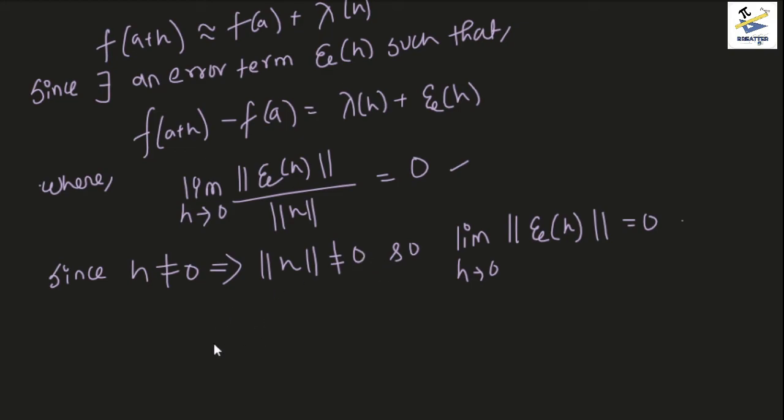Now this says, and also if we can prove that the limit for the linear transformation goes to 0 as h tends to 0, we are done, and you will see why. Because now also if